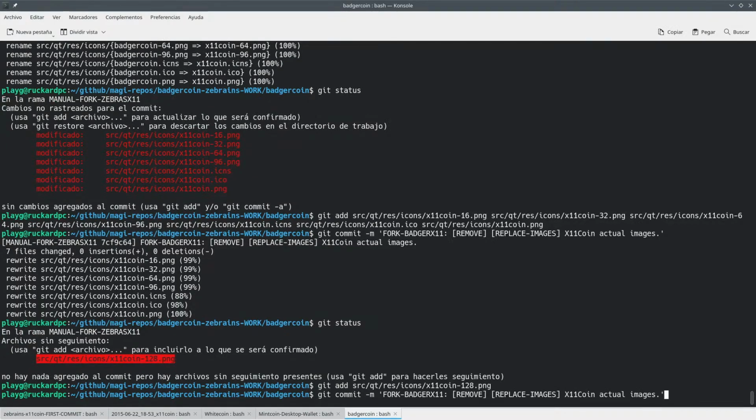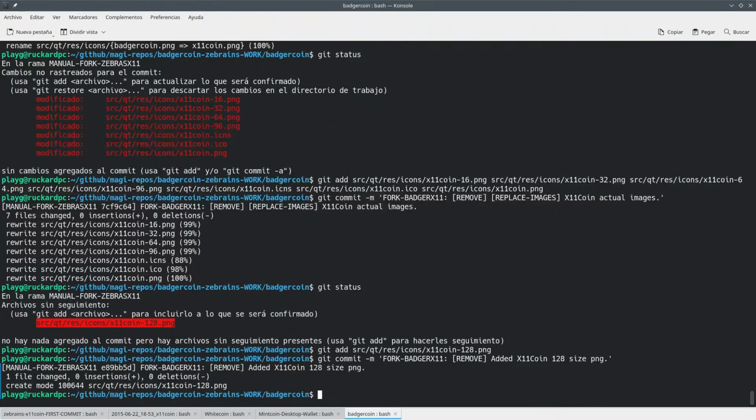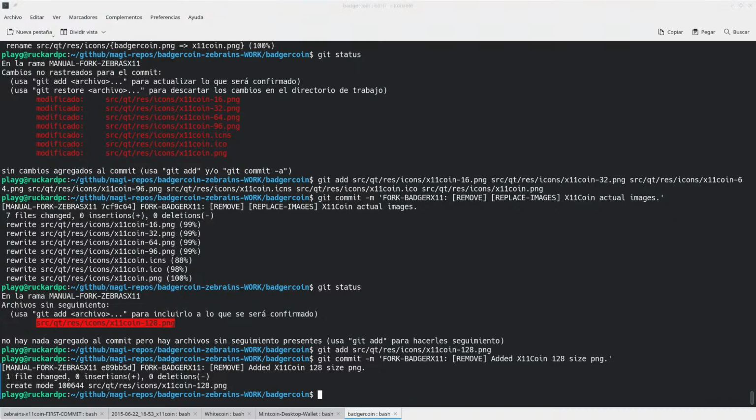So this is we don't want this. This is related to images, but added. Yeah, added this file, and then you have